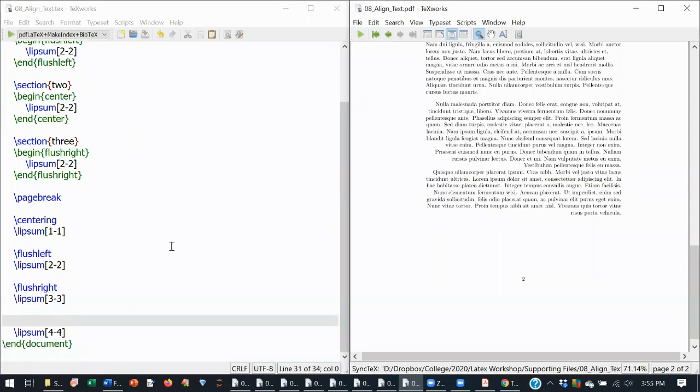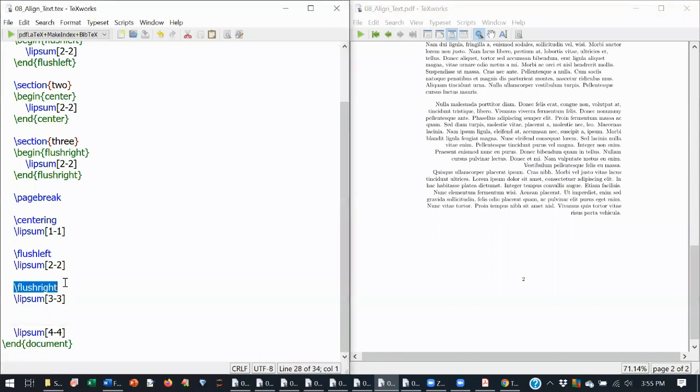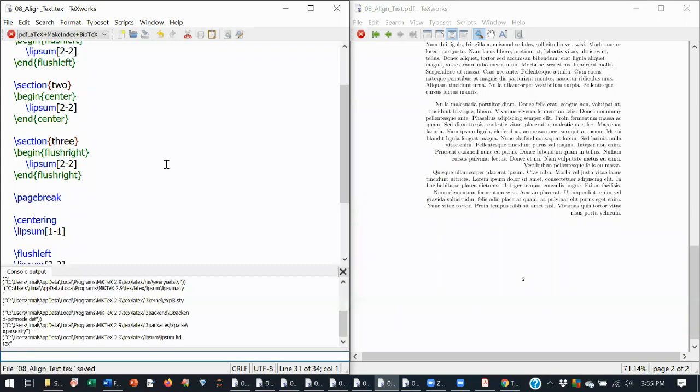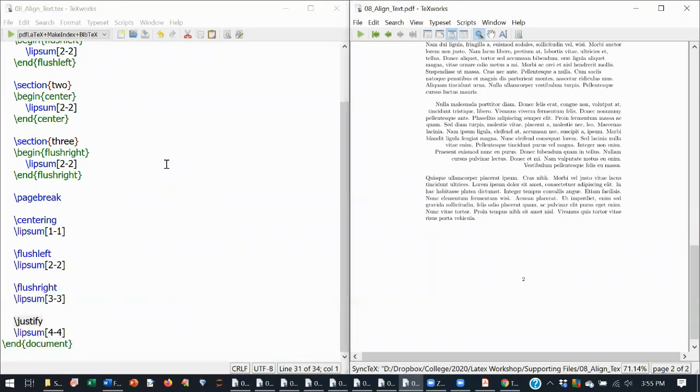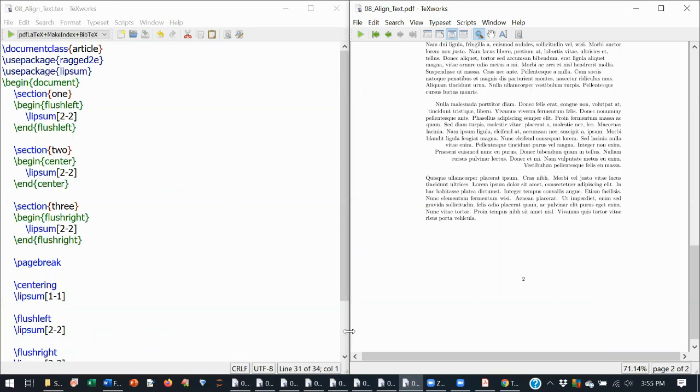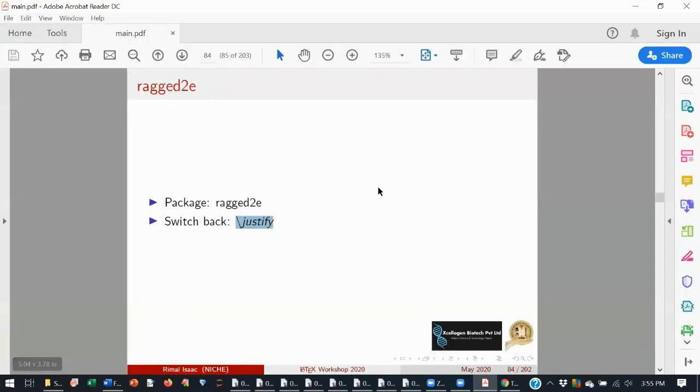The document goes for left-right alignment because the previous paragraph is flush right. The same thing will apply to this paragraph also. So what you have to do is you have to use \justify so that this paragraph will be justified. So this is about your alignment, that is left, right, centering, as well as justification of the document.